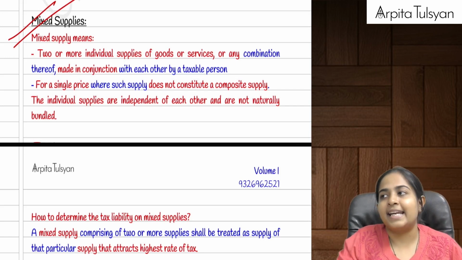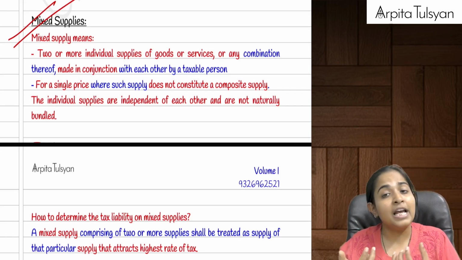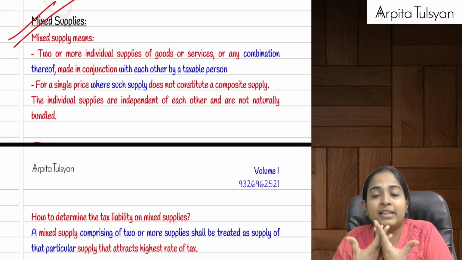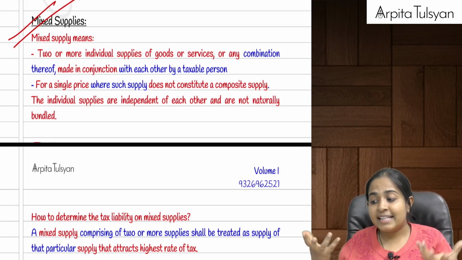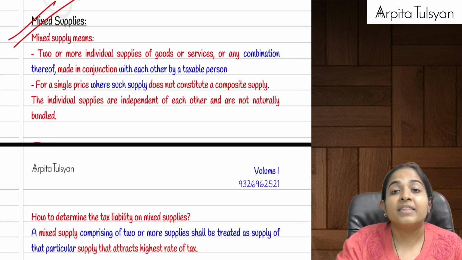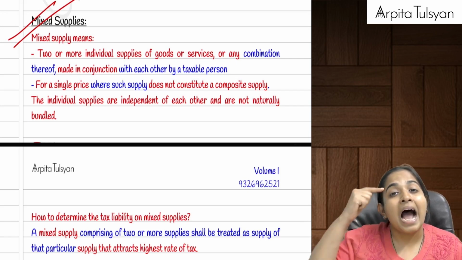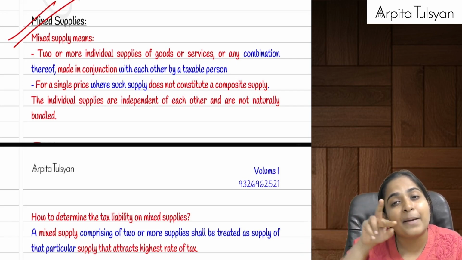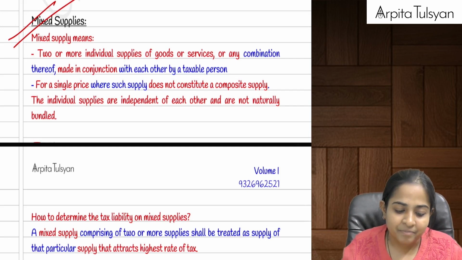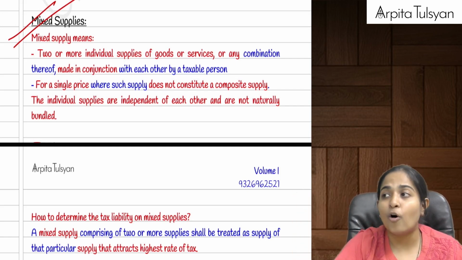Then in that case, which rate of GST will be applicable? They are telling that you have purposely brought these two things together, whereas these two things are independent supplies. Therefore, the rate of GST that will be applicable on the total amount will be the highest rate that is applicable on the individual items. Okay, let's say nowadays there is a fashion, a trend of chocolate hampers,